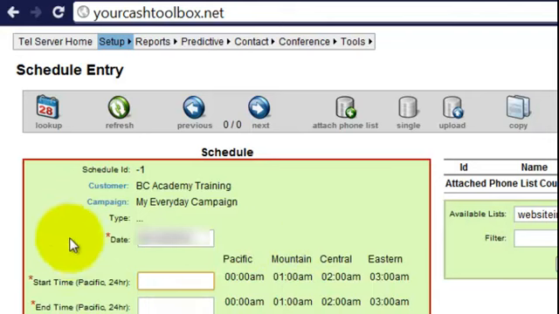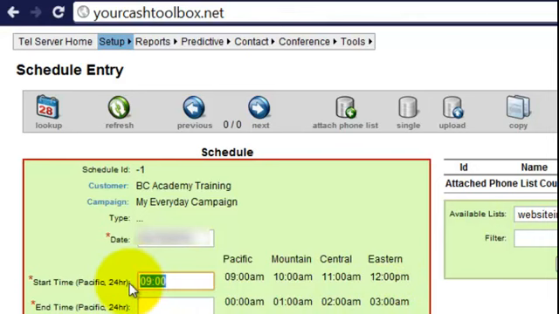Now, I recommend that we start your dialer at, and remember, this is always Pacific time that you're entering here, 0900 hours, which is 09:00. Now let's go down to the next block and take a look here. Look at the schedule here. The start time in Pacific is 9, but look at the chart over here and see what time that is for you. If you're on the Pacific Coast, then it is 9 o'clock in the morning. If you're over on the East Coast, that means your auto dialer isn't going to start running until 12 o'clock for you. Well, do not back this number up